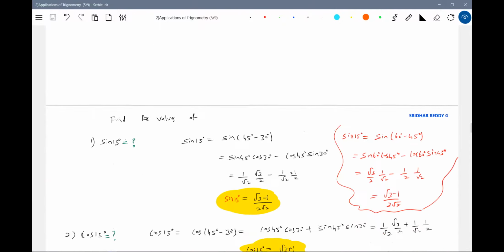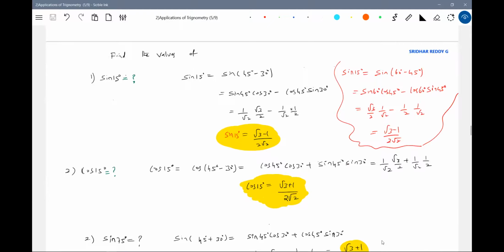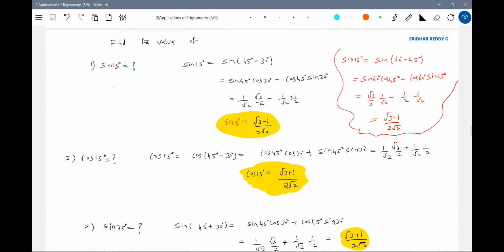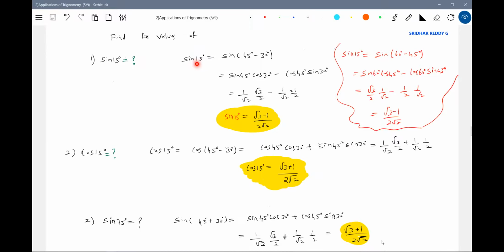Okay, now we'll go for certain angles. So what will be the value of sine 15? How to derive? We take help of compound angles, like sine 15 degrees. Sine of, can we write it as 45 minus 30? This will be better, no? So do we know sine 45, sine 30 values? Yes, we know. So let me expand now. Sine A minus B: sine A cos B minus cos A sine B.